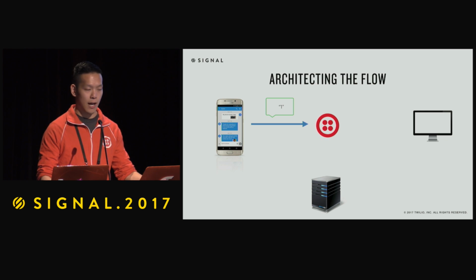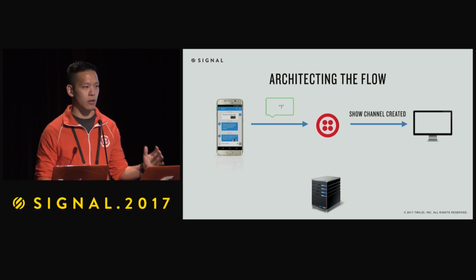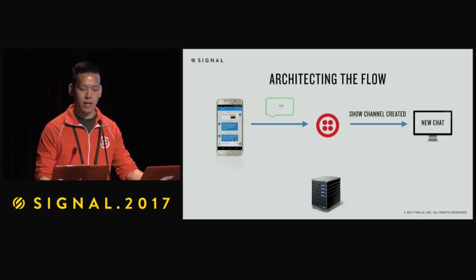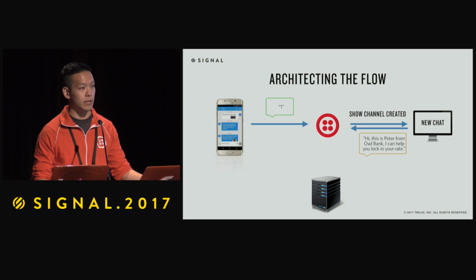The next step, after creating all that, would be to use the WebSockets of chat. So chat takes care of this automatically for you, and it shows that the channel is created and that there's a new chat on screen. When it comes back, when I type in, you'll see that this text box is in yellow, not green, because this is a chat message that goes back to Twilio.